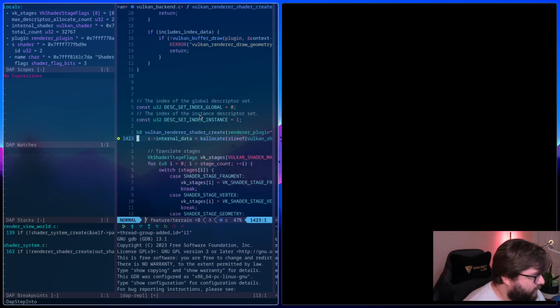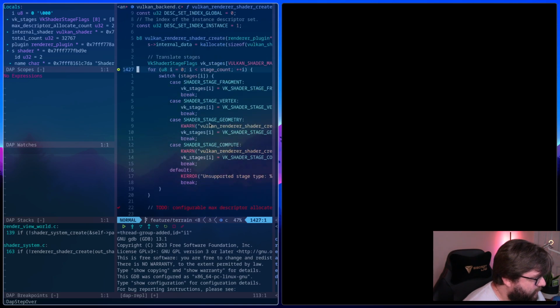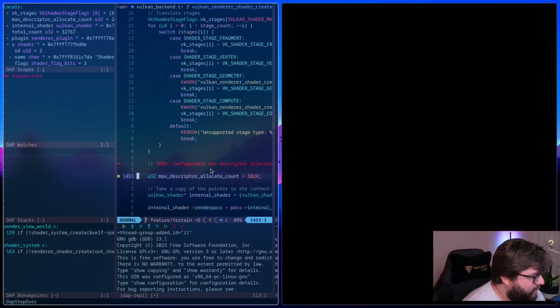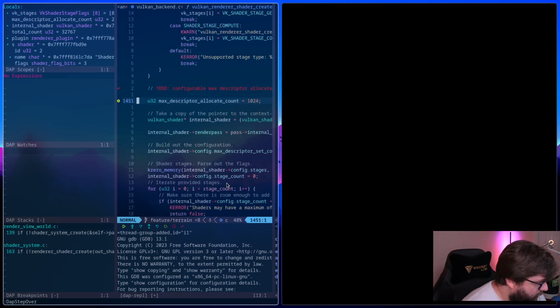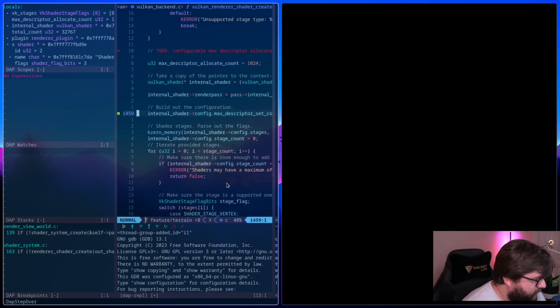Okay, here's where we set up our internal data, our stage flags, which we have vertex, and we should also have fragment, and that should be it. Okay. There's the render pass.